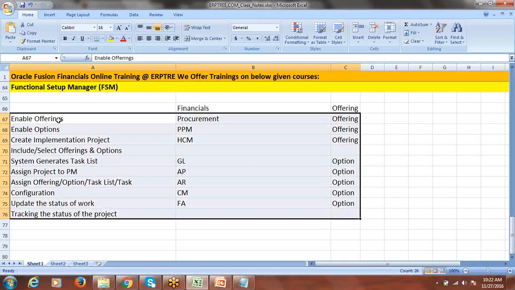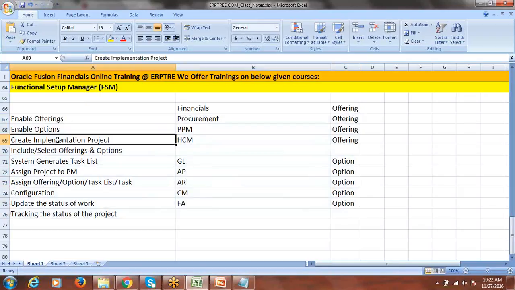So clear, right? It's all about the project. Before you go and create the implementation project, you have to enable the offerings and options. Then only you'll be able to do this. Once you're done with all these activities in the system, what you have to do is